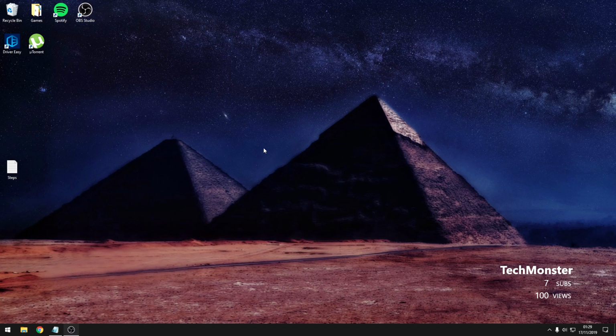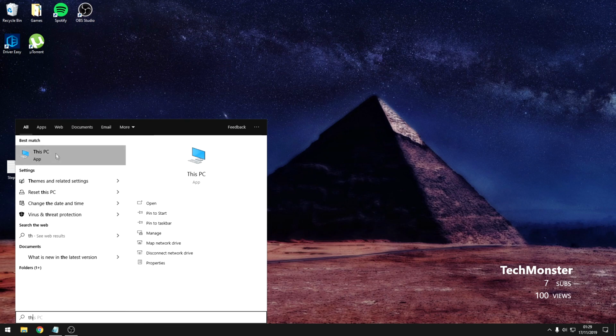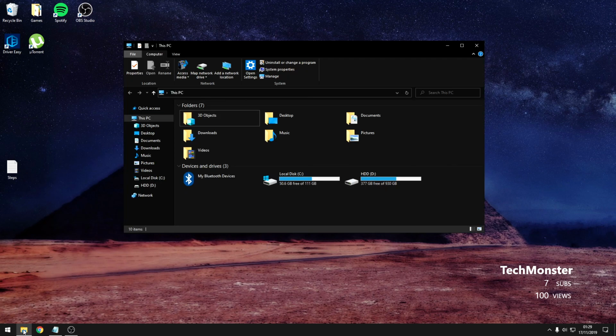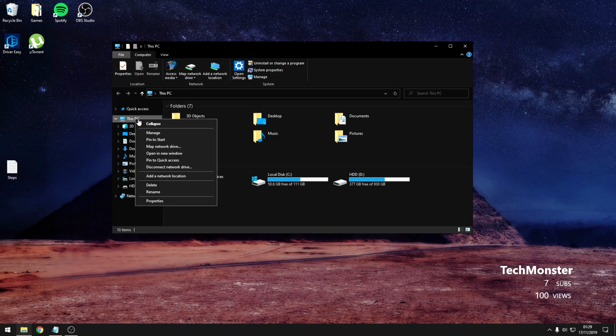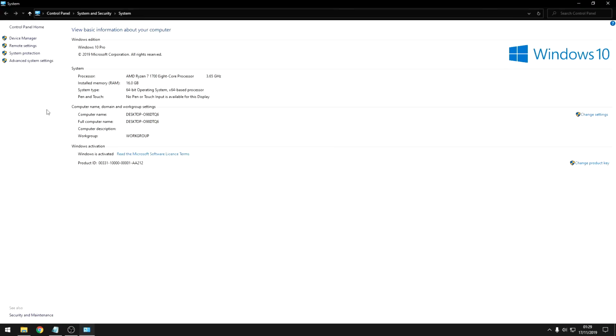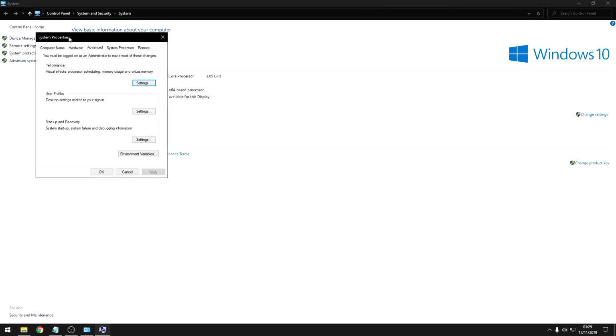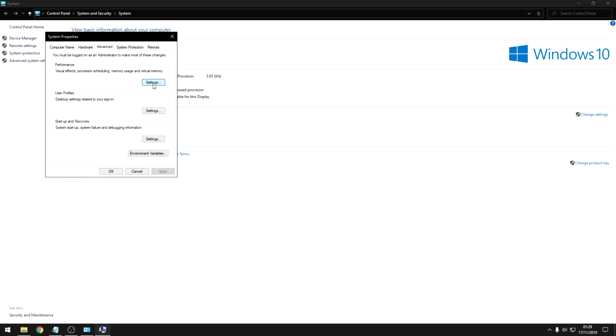Okay, so next up guys, you basically want to go into your visual settings. You can either go here and search this PC, or you can go into your file explorer and it'll be in this PC. It'll open up both ways, but you want to go into this PC, right click the option that says this PC, go to properties. At the top left you'll see advanced system settings. Where it says performance, you want to click settings,